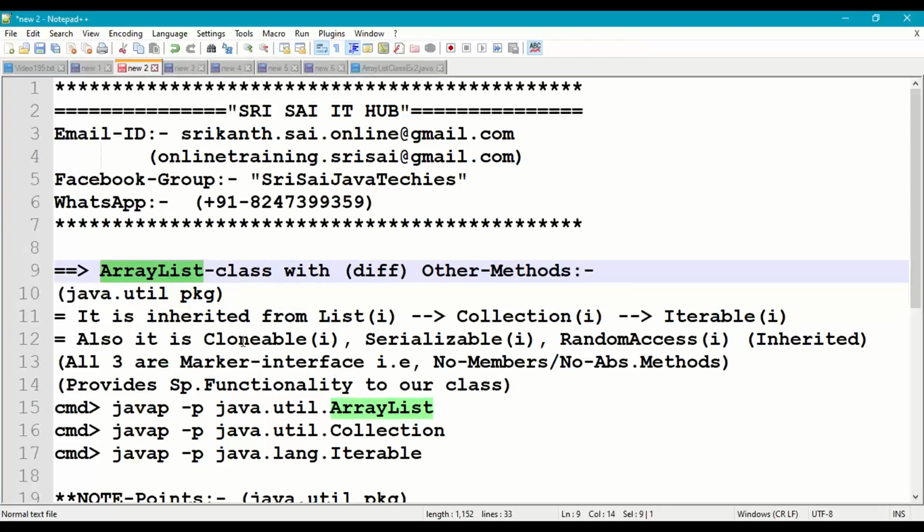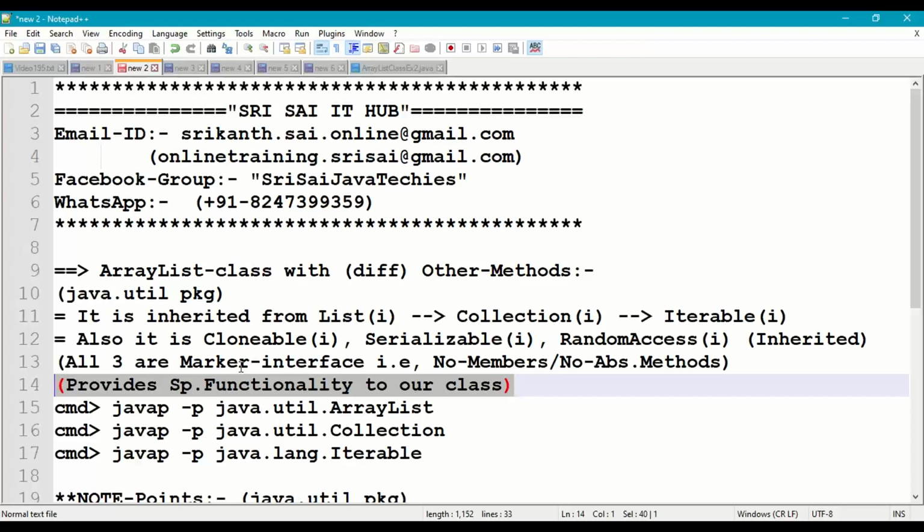This class is also inherited from Cloneable, Serializable, and RandomAccess. All these three are interfaces, and specially they are marker interfaces. Marker interfaces are special interfaces without any data members or abstract methods. They provide special functionality to our class.